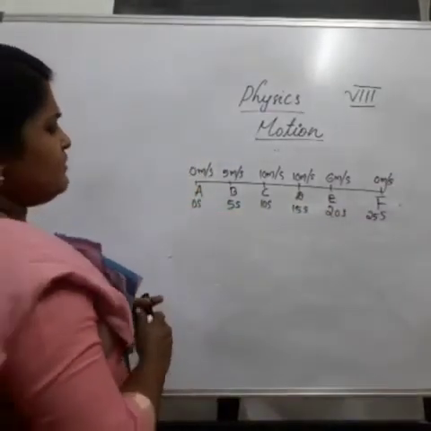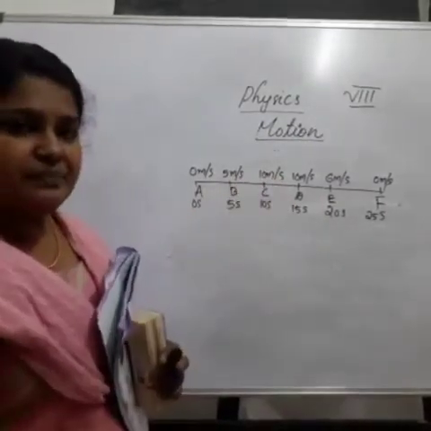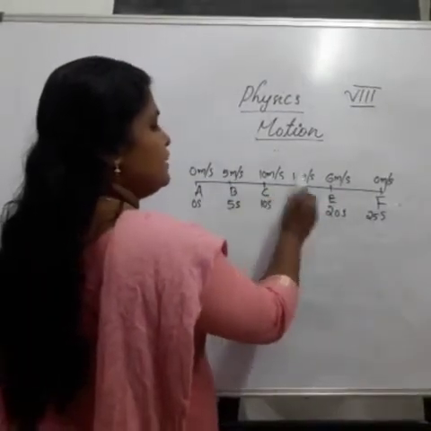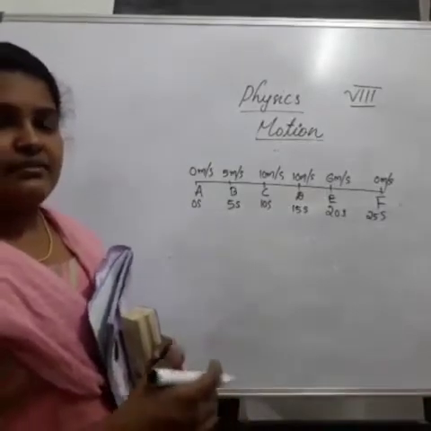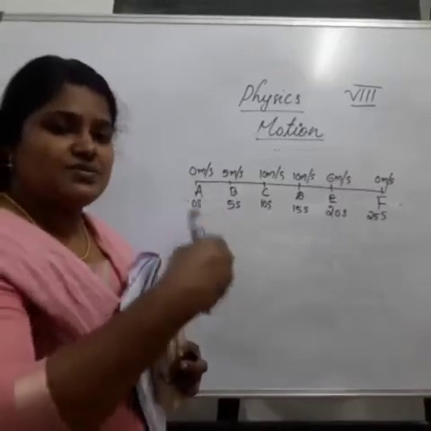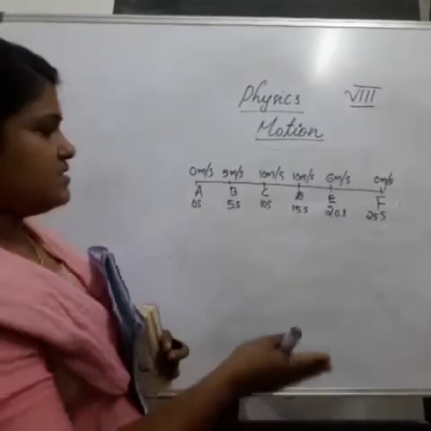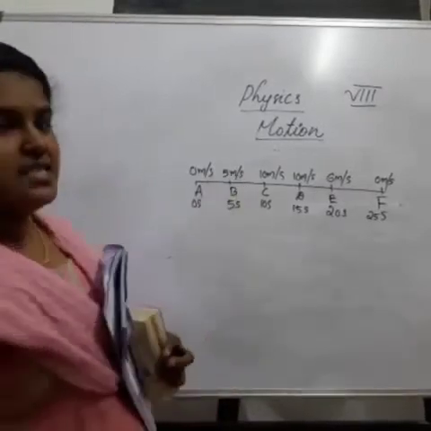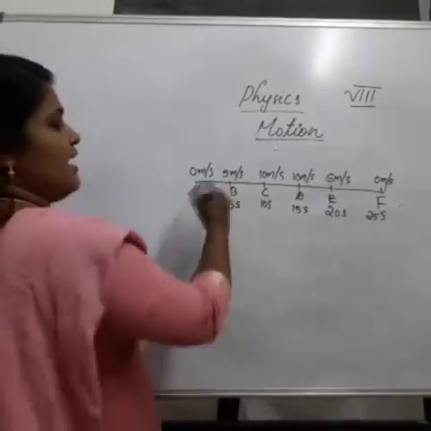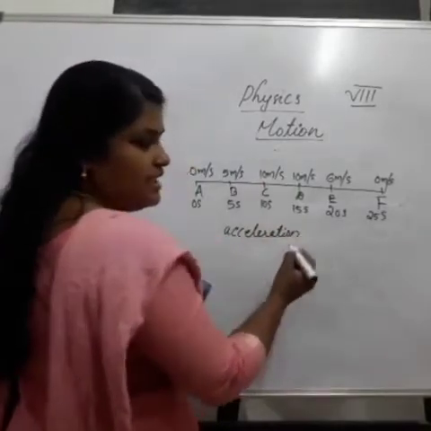In this case, when we observe this figure, the velocity changes after each interval of time. Here at these 2 points, the velocity remains constant. When we are traveling in a car on a traffic road, in that case also the velocity keeps on changing because of the traffic on the road. Here also the velocity changes. This change in velocity per unit time is called acceleration.